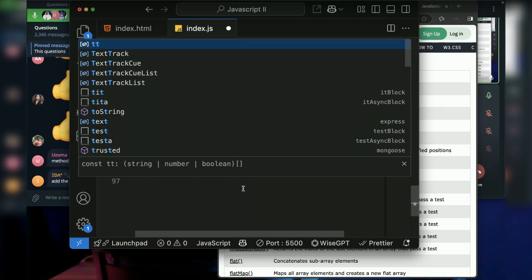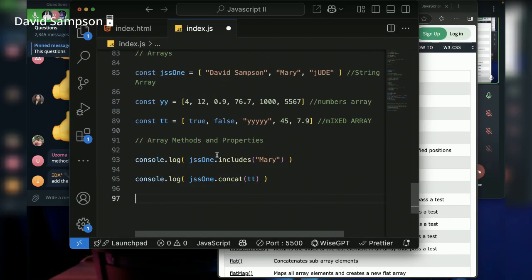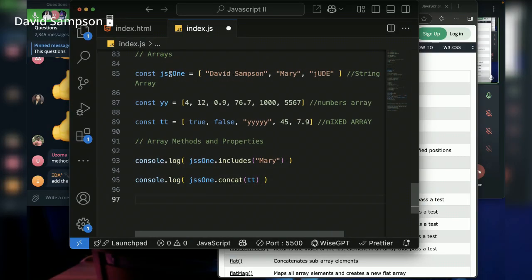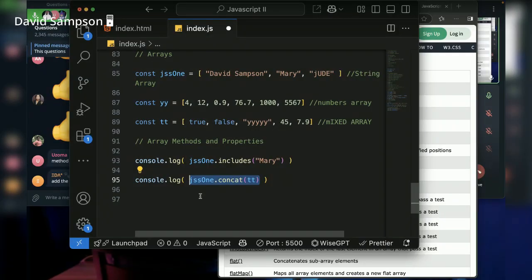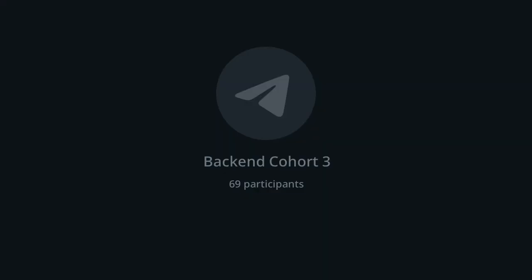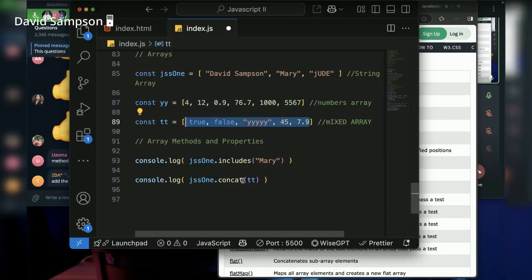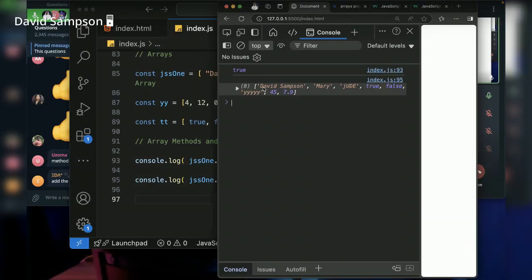JSS1 is this one, TT is this one. This will return a new array, but this new array will contain the contents that are in JSS1 and the contents that are inside TT. That's what concatenate does; it joins them together. So if I save this and come here, you see now it has the contents in JSS1 and the contents in